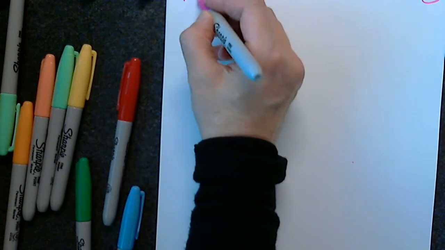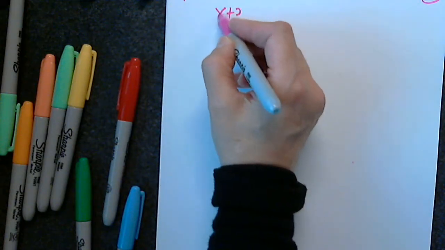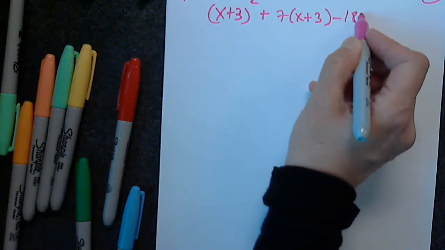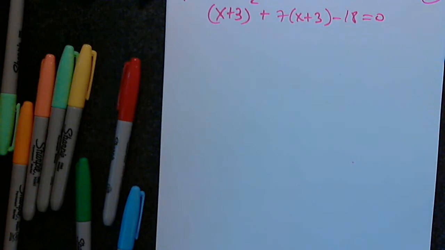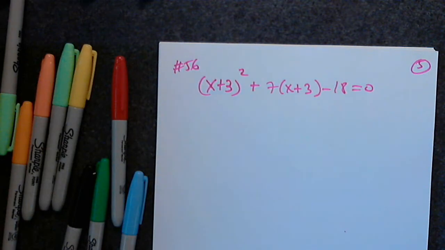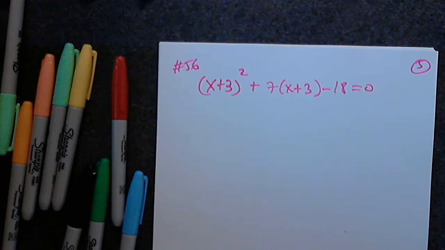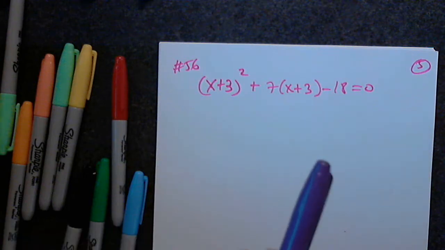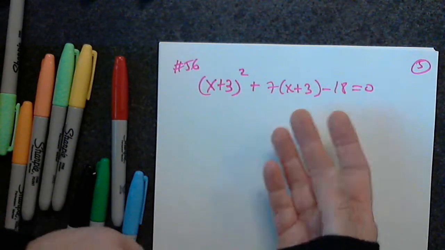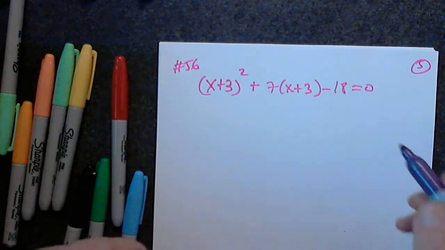I think I'm on page 5. I'd like to look at 56. This is x plus 3 squared plus 7x plus 3 minus 18 equals 0. No one can see. I'm sorry. Okay, so I'm going to ask you what type of equation is it? It's also quadratic, right? If I square x plus 3, I get x squared. There is no higher degree than x squared here, right? So it is quadratic,